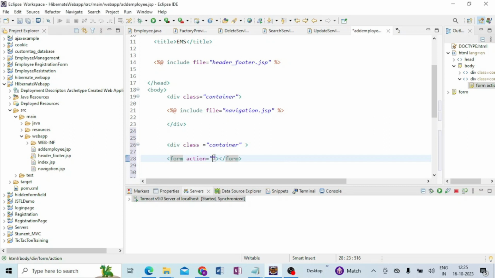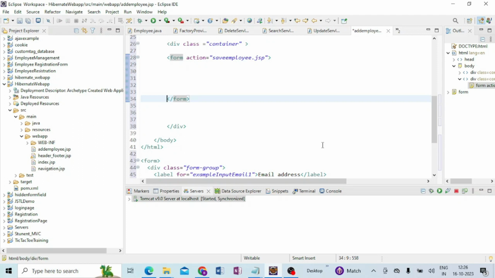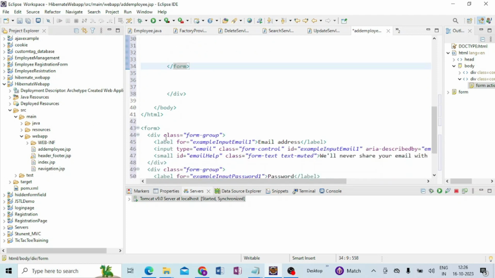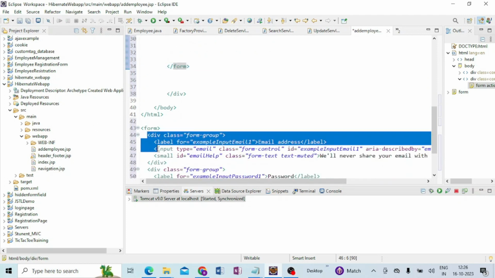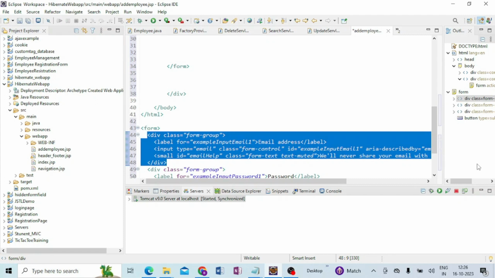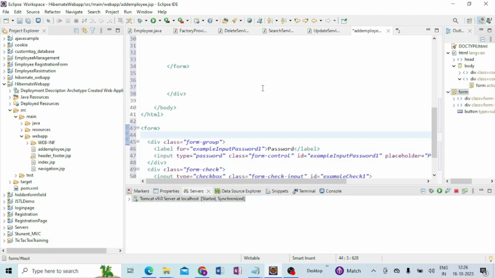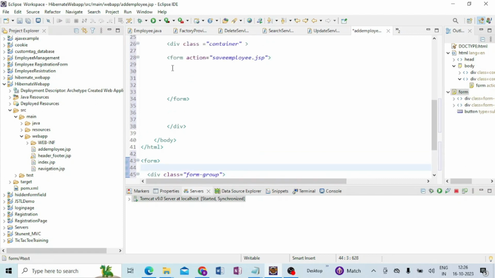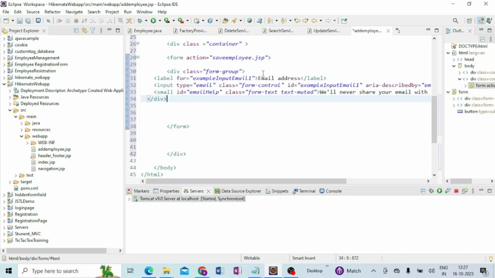Here I write save employee.jsp. I'll copy this line, div class, Ctrl X, and paste it here, and here write label for,